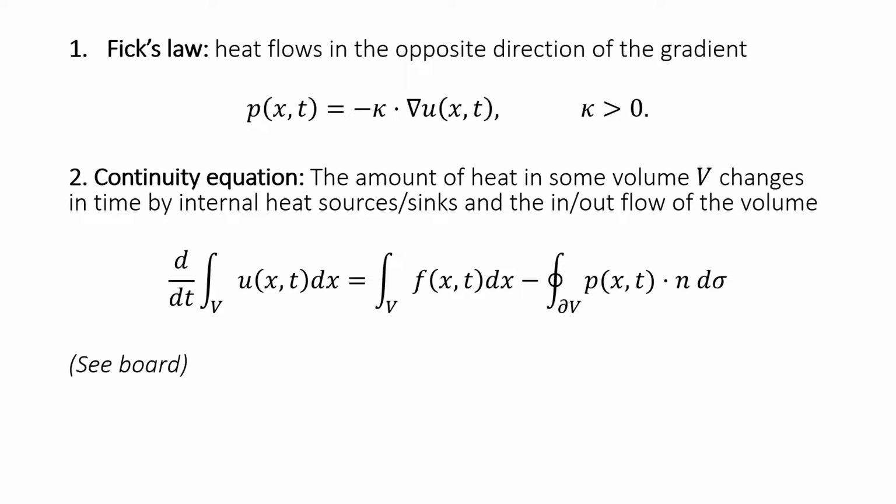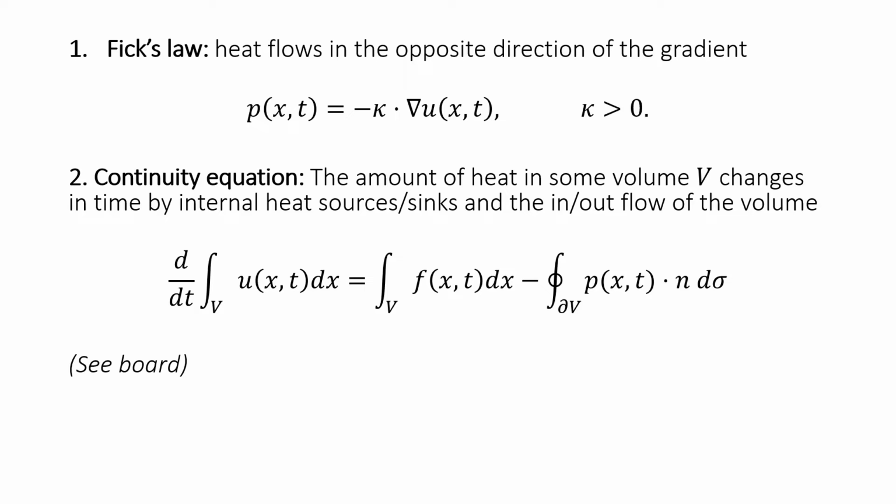On the one hand, over the volume V, we have got a source or a sink term, denoted here by F. F(x,t) tells us whether heat is produced or consumed at any position x and any time t. For example, whenever F is positive, it means that heat is produced, maybe there's a fire or a chemical reaction that produces heat. Whenever F, however, is negative, it typically denotes that heat is consumed. For example, there might be a chemical reaction that consumes heat. The presence of a source or a sink term is just one way the amount of heat in the volume V may change over time.